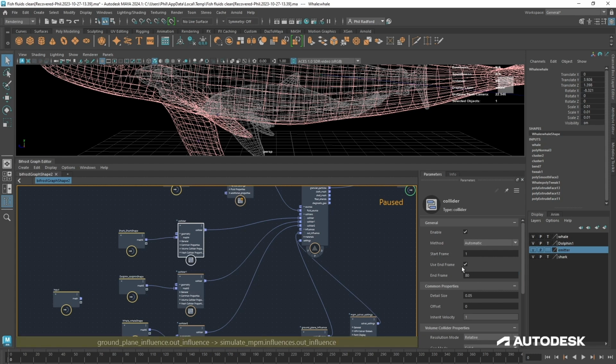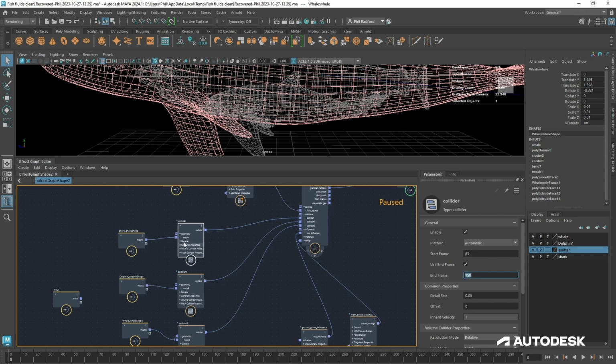For the second one, we're going to want to start on frame 80, or we can have a bit of fun and have it start on maybe frame 83, because there'll be a space in between each collider switching on, which means we're going to get a little jet of particles before each one, which is more interesting, if that makes sense. So I'm going to go 83 to 150,